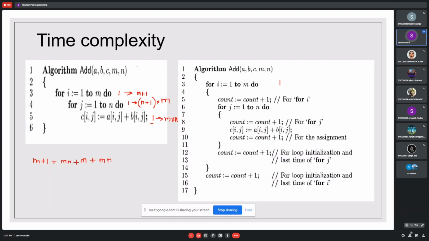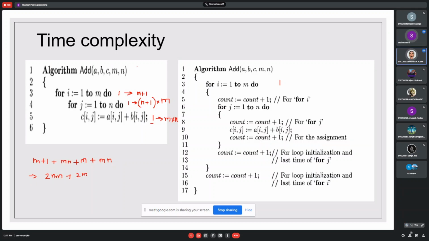So finally it will be 2mn plus 2m plus 1.